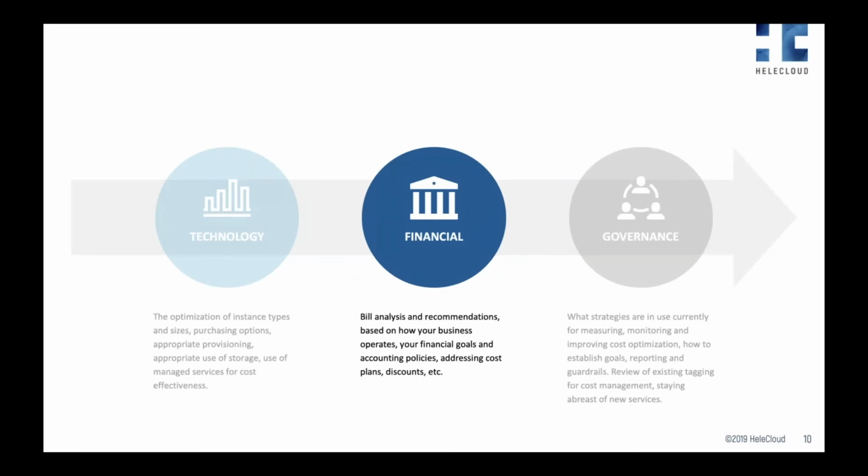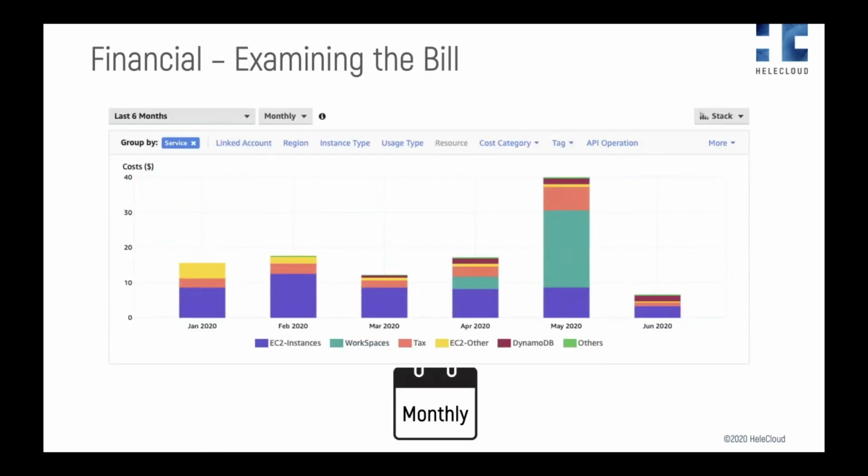So what I'm going to do is move on from the technology theme now to the financial theme and look at the areas that you need to consider. So we recommend this to be a monthly process, which starts with analyzing your spend. You can do this by using spreadsheets and databases to analyze your bill, or you can use a tool such as AWS Cost Explorer that you see here.